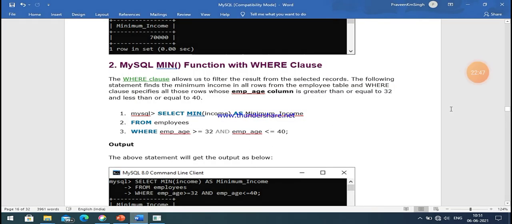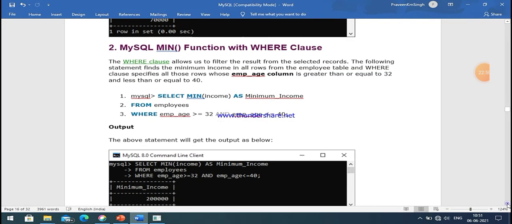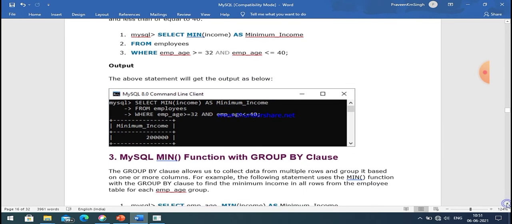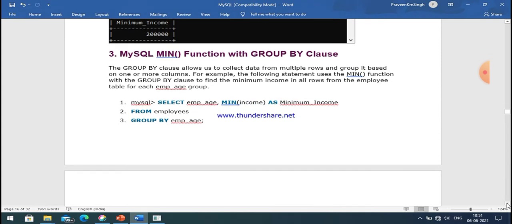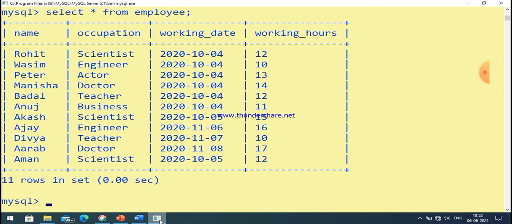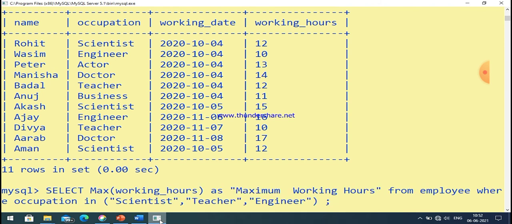Now the most important part of this aggregate function is the group by clause. If you want to make a group, then you can use the group by clause. For example, if you want to mention the result and make the group on the basis of occupation, then you can just write group by just after the table name.